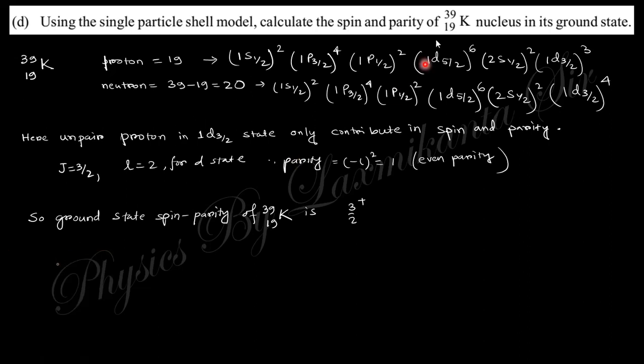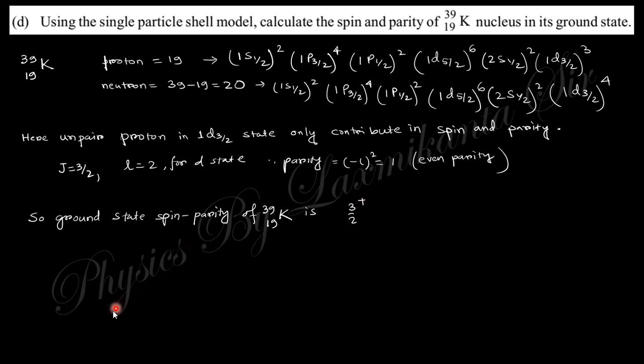In the theory class we will be discussing it. So this is 1p1/2, 1d5/2, 2s1/2, and if you sum these you get 19 for protons, and for neutrons you get 20. In the neutrons there is a pair, there is no unpaired one, so there is no contribution to spin and parity. There is a single unpaired proton, which is situated in d3/2. So this d means l is 2, so the parity is even, and the j value is 3/2. So the ground state spin parity will be 3/2+, where 3/2 is the spin and plus